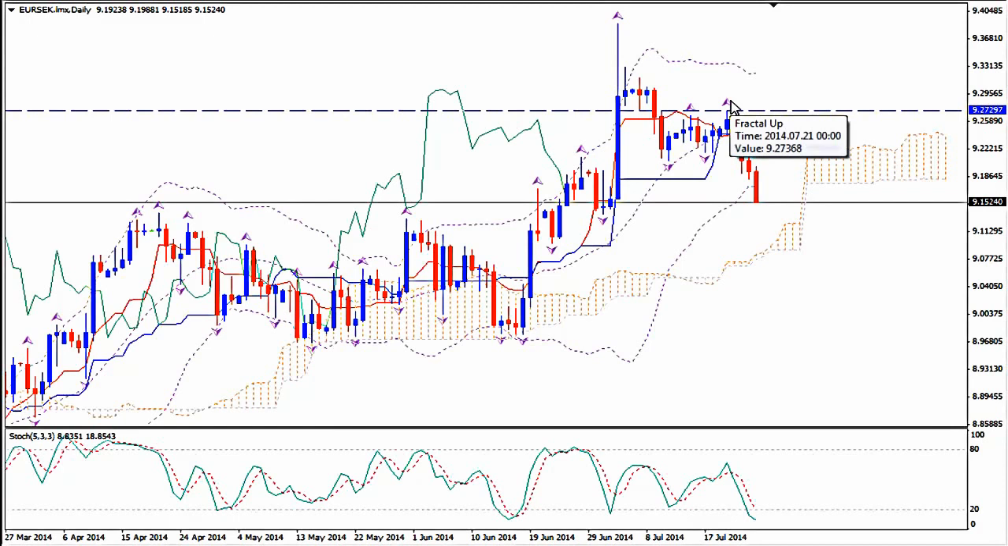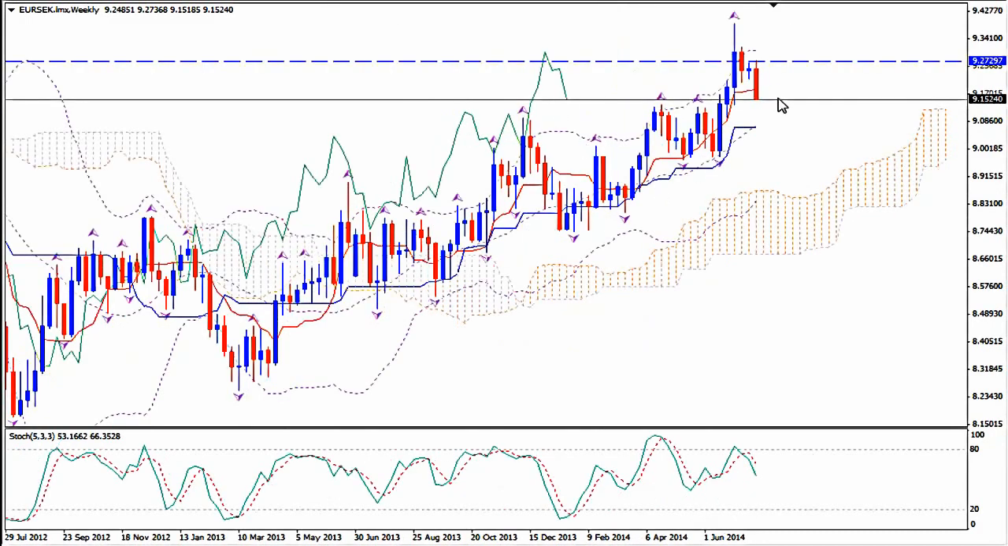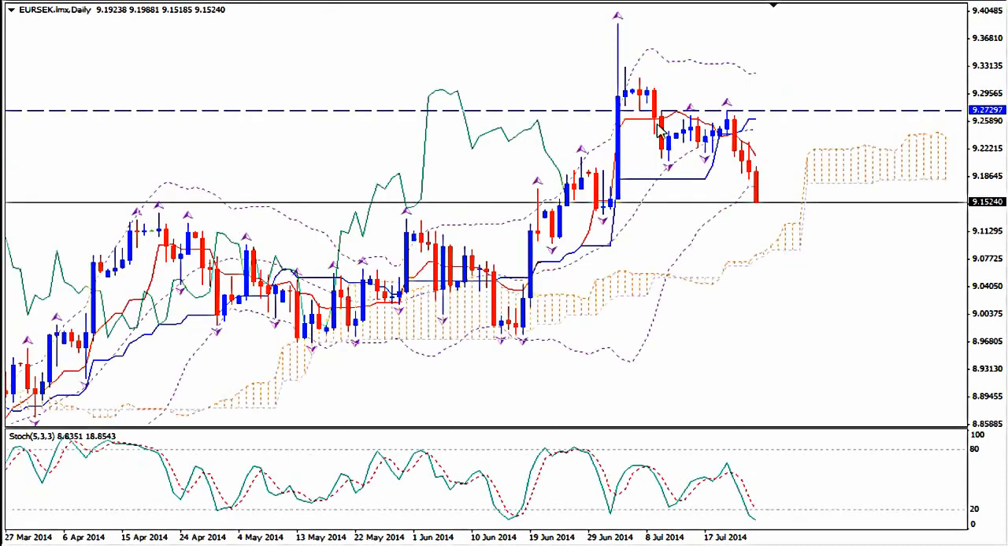9.2736 maybe, or 9.2740, and your take profit target is 10-15 pips above the median Bollinger Band on the weekly time frame, which is the 9.0732 price level. Okay, so take profit target is a few pips above the median Bollinger Band on the weekly time frame. Stop loss a few pips above the up fractal on the median Bollinger Band of the daily time frame,